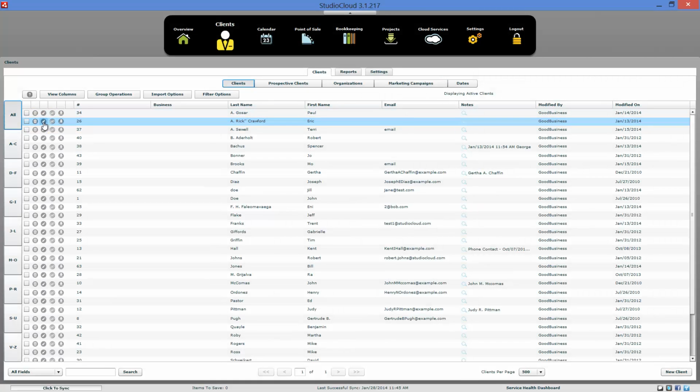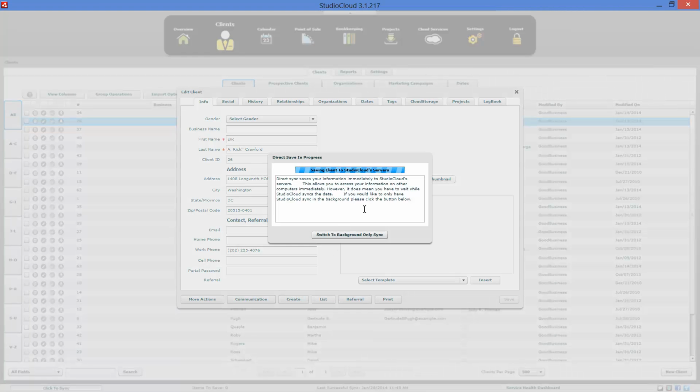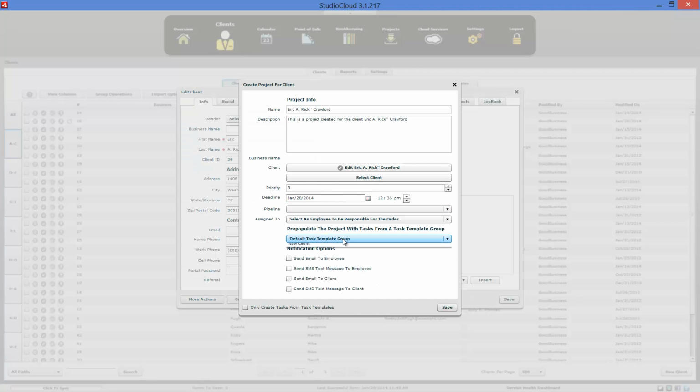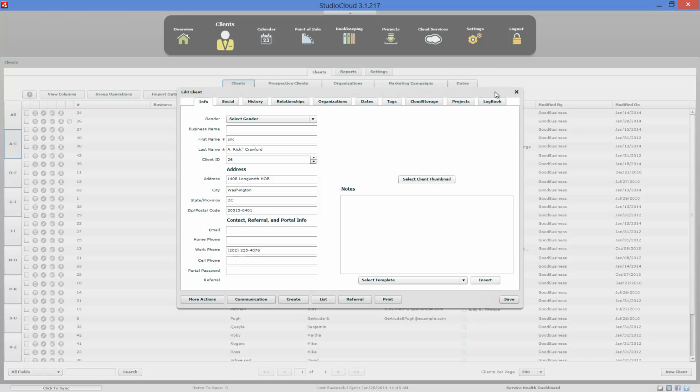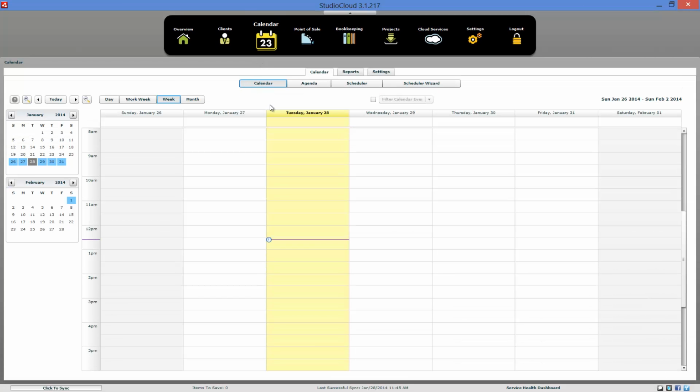Another way you can do it for clients is you can come down to create, you can click create project with client, and then from here you can select the desired task template group to add the task to the client. For event,